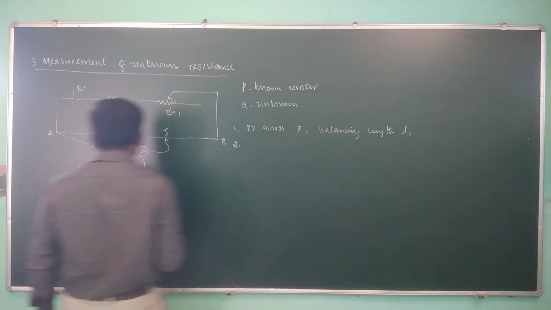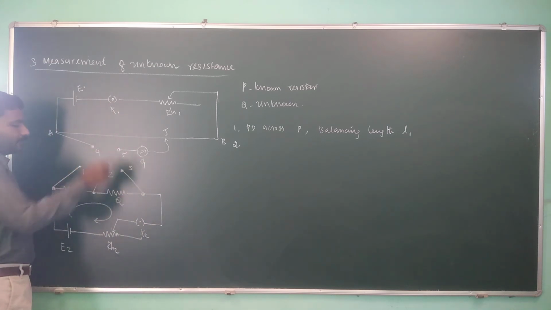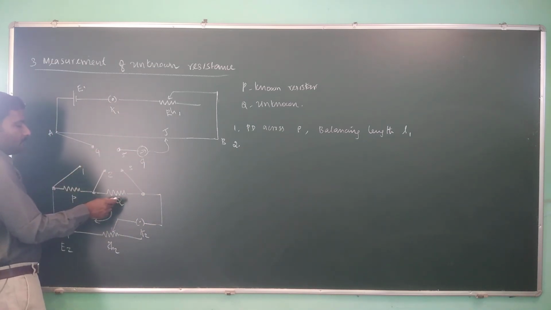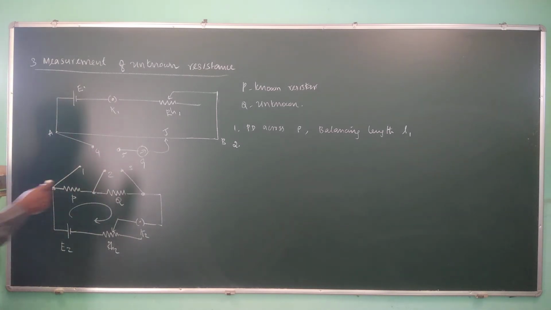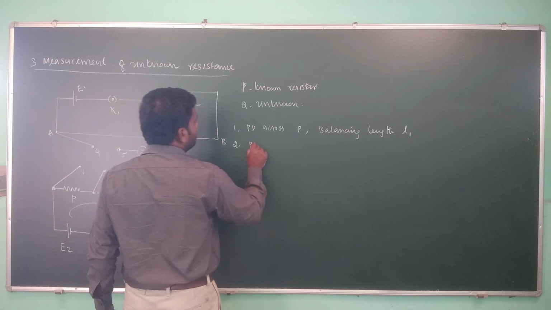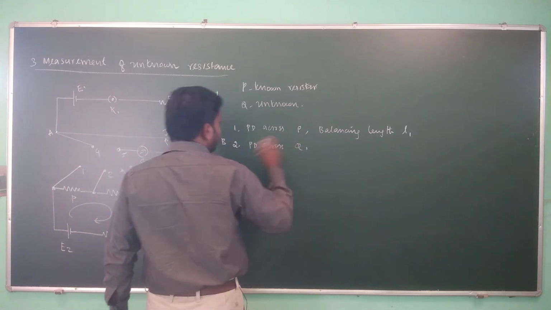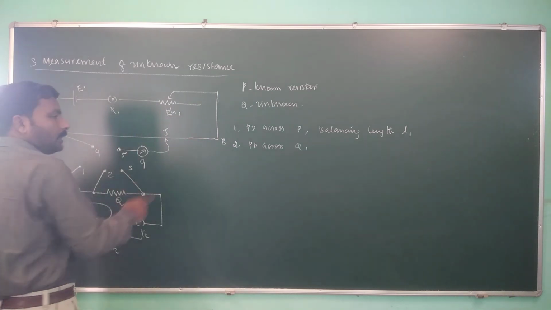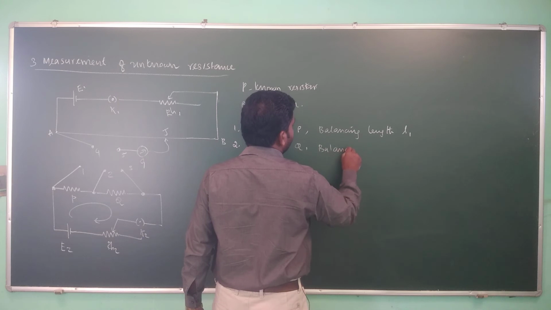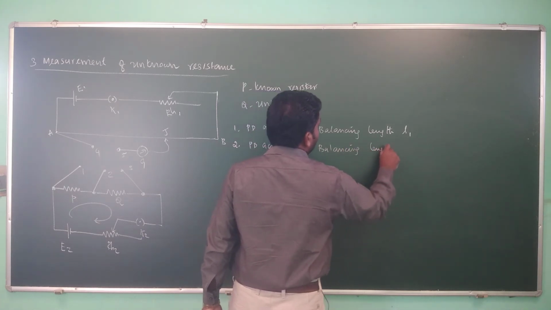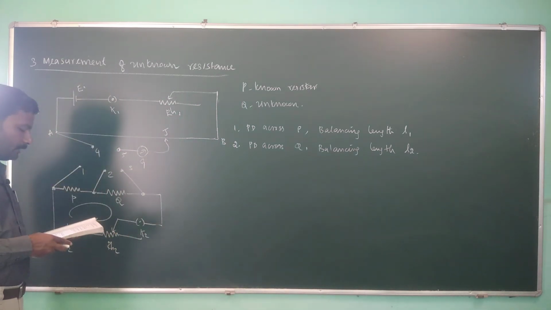And the second step is, we are going to remove this and connect 2 and 3 with 4 and 5. That is, the unknown resistance is connected with these 2 points. Now again we calculate the potential difference across Q, for the same current applied, the same steady current, and we can calculate the balancing length L2. So the balancing lengths L1 and L2 are obtained.